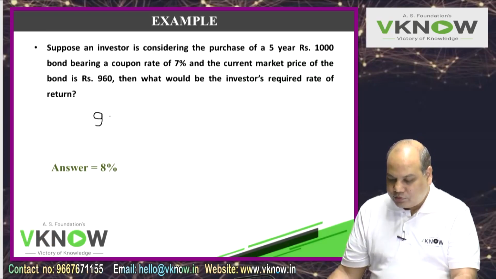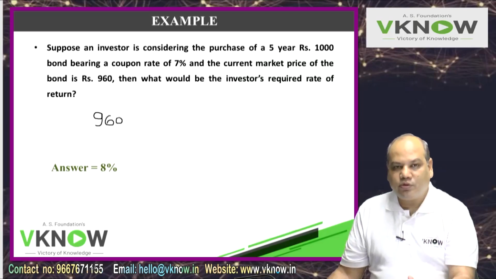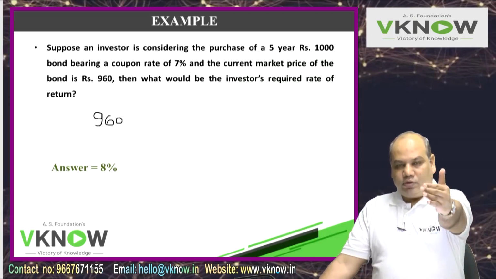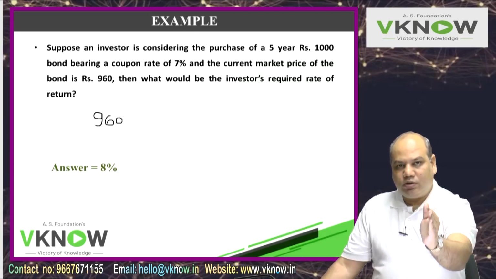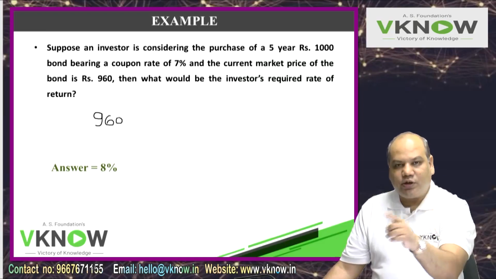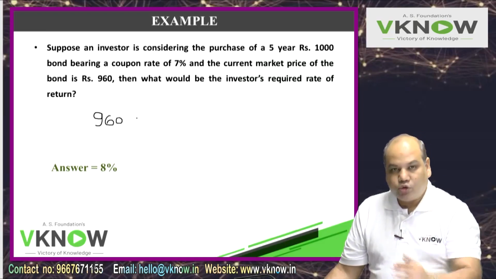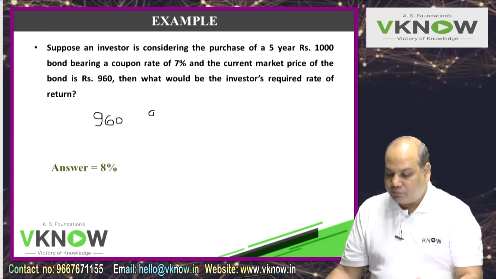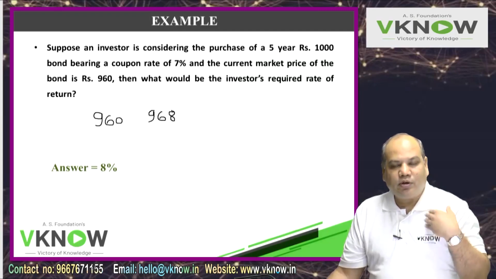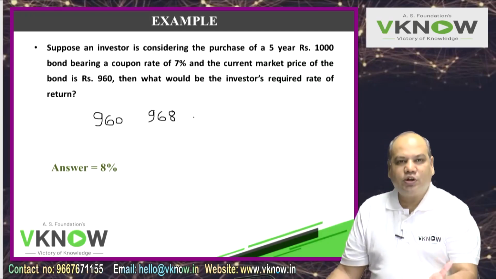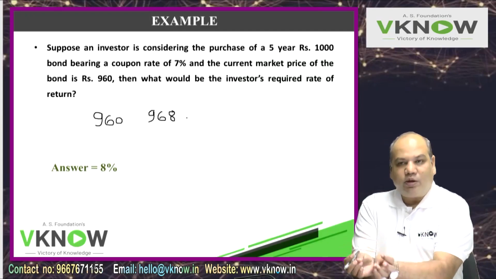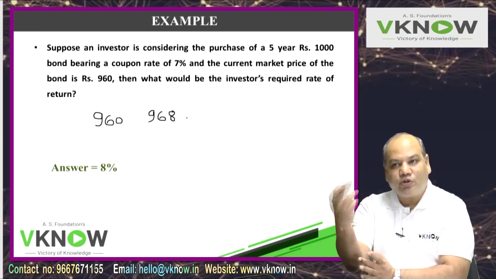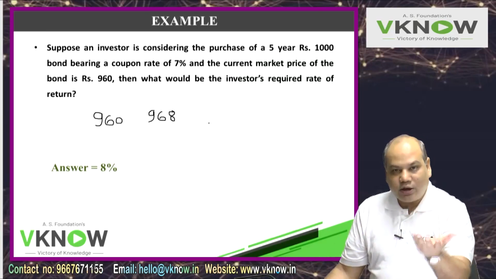The investor had invested 960 rupees. The company will pay him 1000 rupees on maturity. 1000 minus 960 divided by 5 is 8 rupees. So 8 rupees was not paid to the investor after year 1. This 8 rupees remained with the company. The company says, let it be with me, I will give you on maturity. So I said okay. Which means now my money invested with the company is 968, because that 8 rupees remained with the company. Again 8 next year.